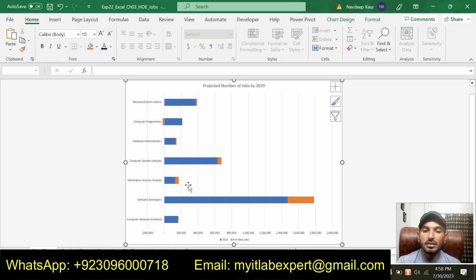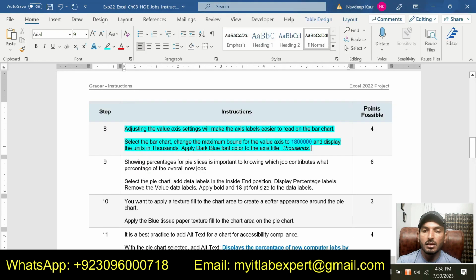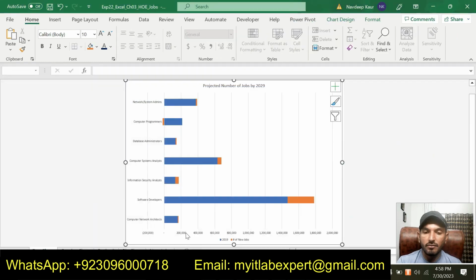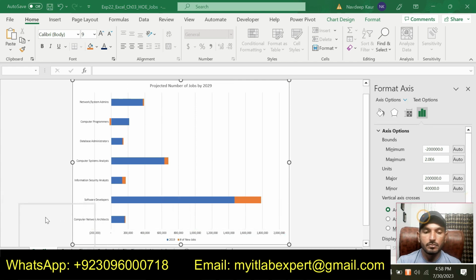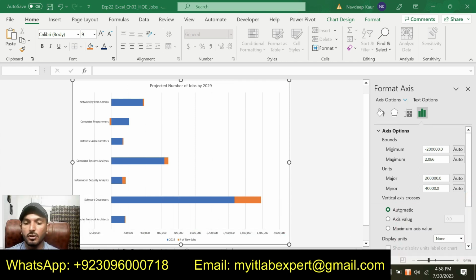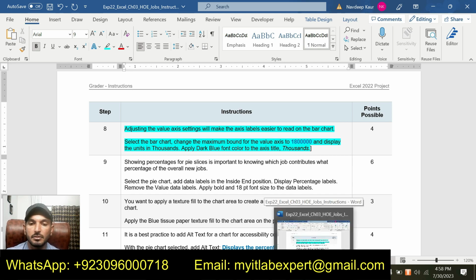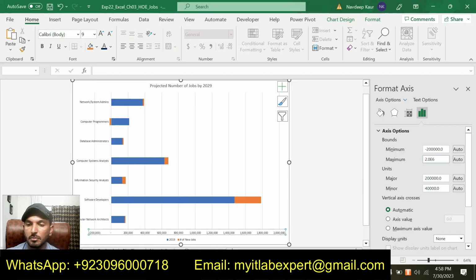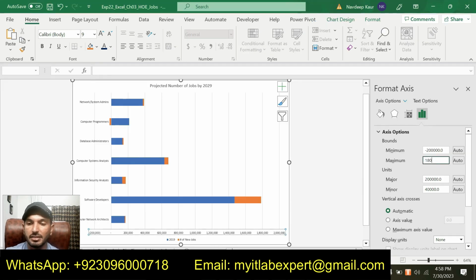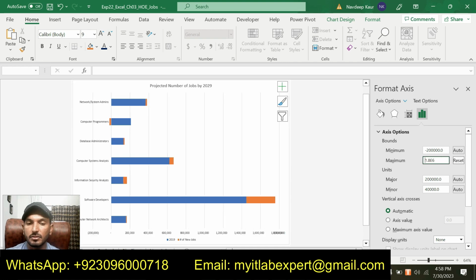So this is the bar chart, and we are supposed to change the maximum bound for the value axis. So this is the value axis, and click on the format axis. Now it is saying that the maximum bound should be 180,000. Maximum bound is here and we will make it 180,000.